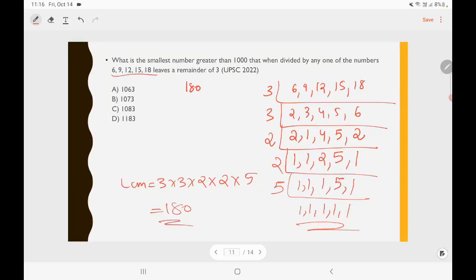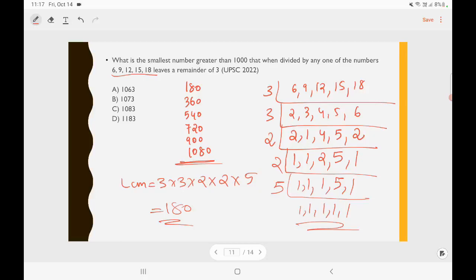So here 180 is a common multiple of all these numbers, which is the lowest common multiple. Next common multiple will be 180 into 2, that is 360. Next will be 180 into 3, which is 540. Next will be 180 into 4, 720. Then 180 into 5, 900. And 180 into 6, 1080. So 1080 is the smallest number greater than 1000, which when divided by 6, 9, 12, 15 and 18 leaves